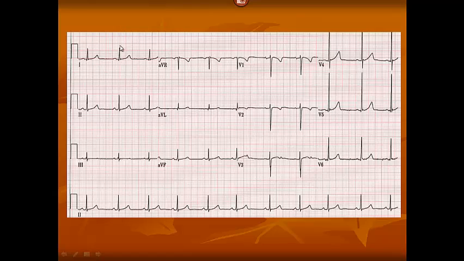300, this is 300. The next thick line will be 150. The next would be 100. The next will be 75. After that would be 60. And you could subtract